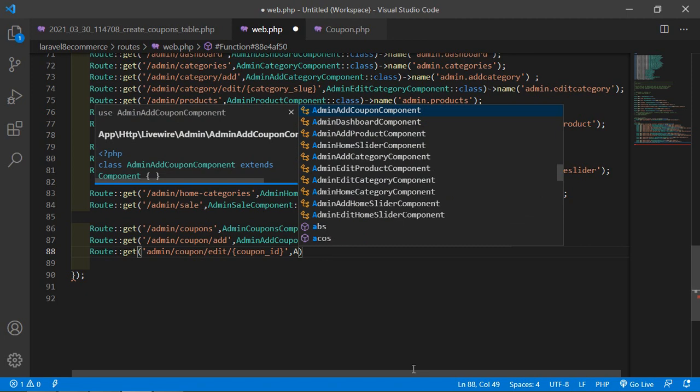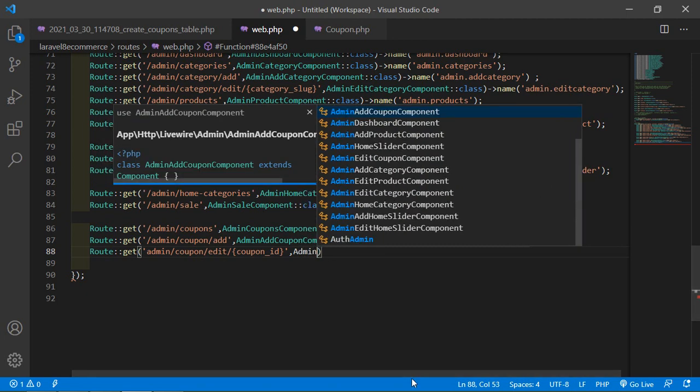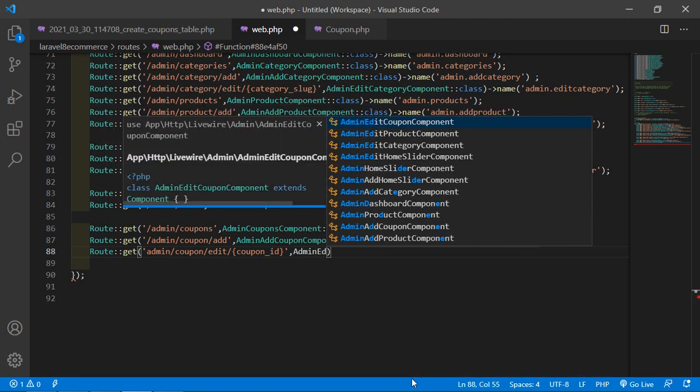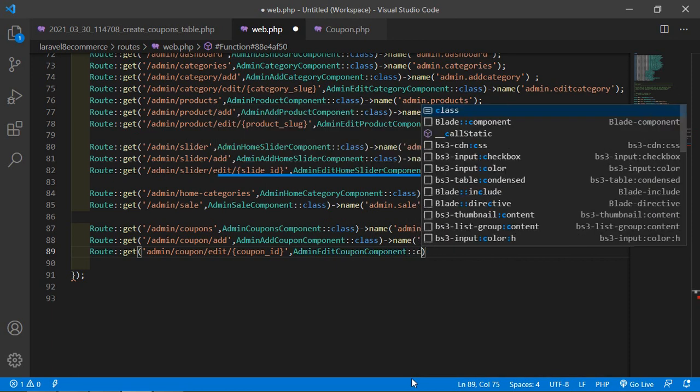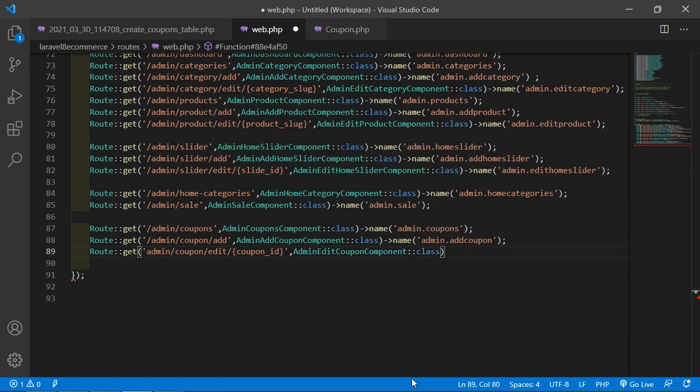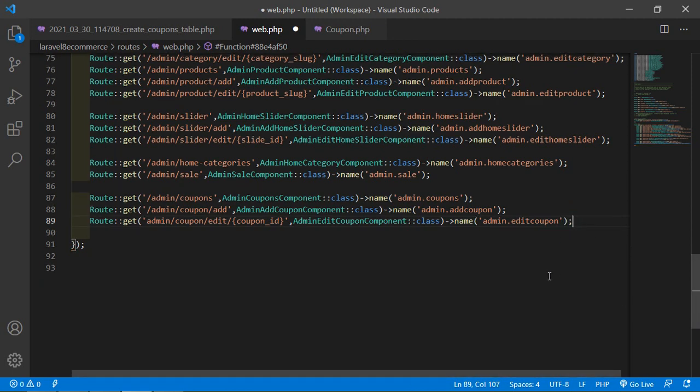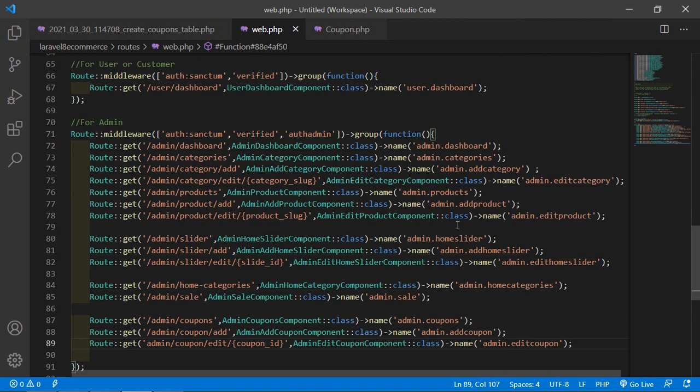Now add the component class name AdminEditCouponComponent::class, and name, and this time the route name is admin.editcoupon. Okay, now save this file.